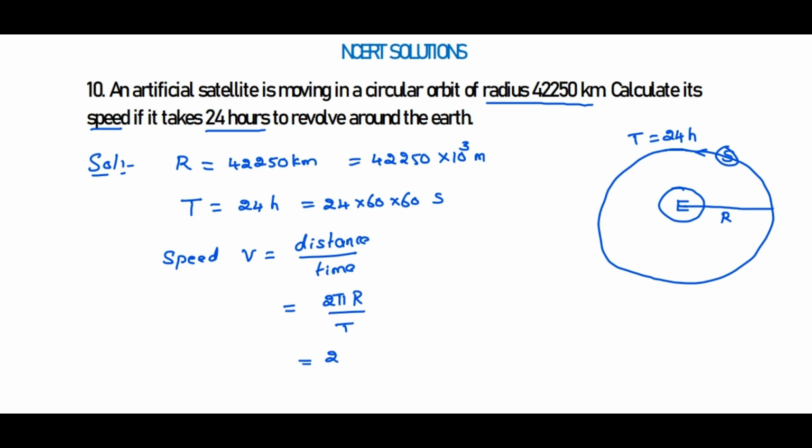So V is equal to 2 pi into r value, 42,250 into 10 power 3, divided by 24 into 60 into 60. We have taken SI units: r is in meters and time is in seconds. So after simplification,